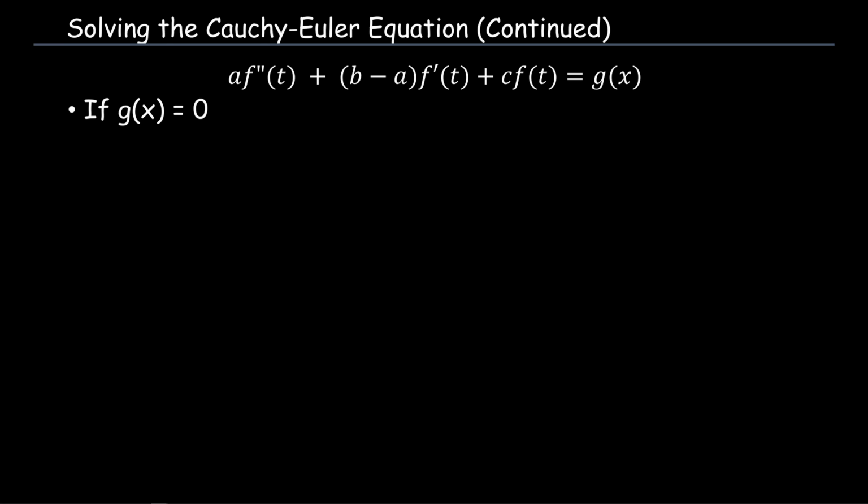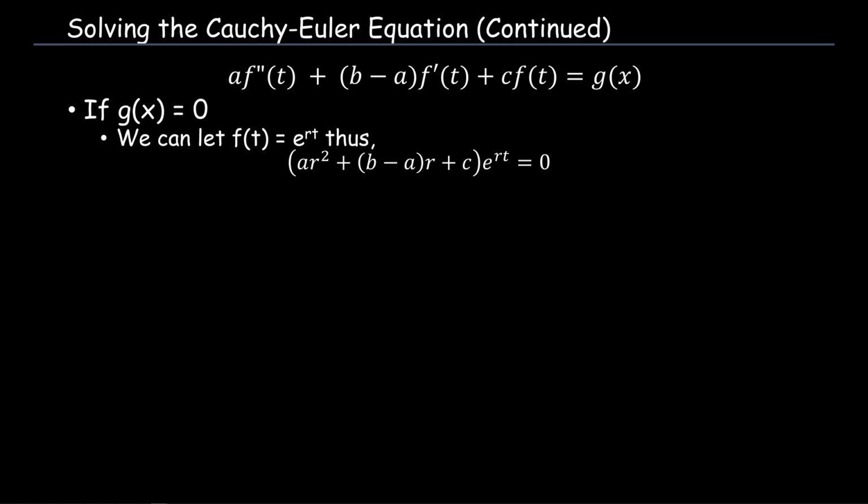And so when we let that equal to 0, then we can find our solution for f of t using the characteristic equation, meaning that we have to let f of t equal to e raised to the rt, thus giving us the characteristic equation ar squared plus (b minus a)r plus c, times the function f of t. And so when you find your roots, you find your solution, as I mentioned in the homogeneous